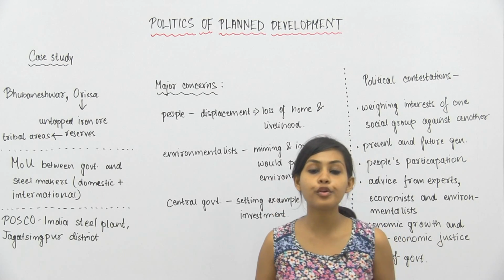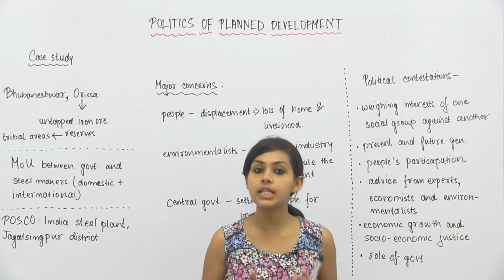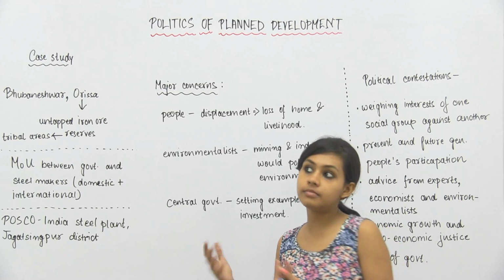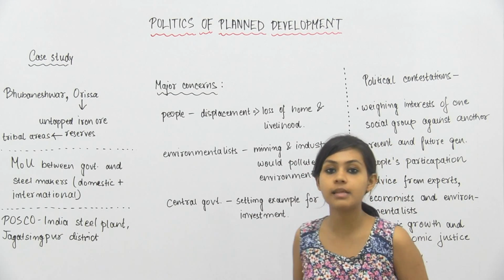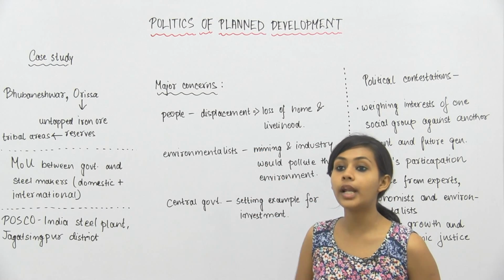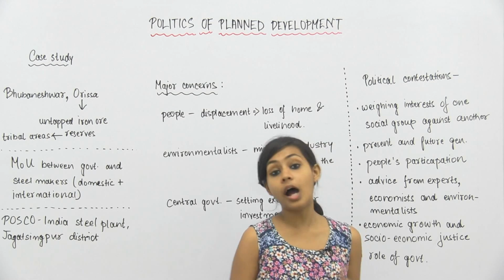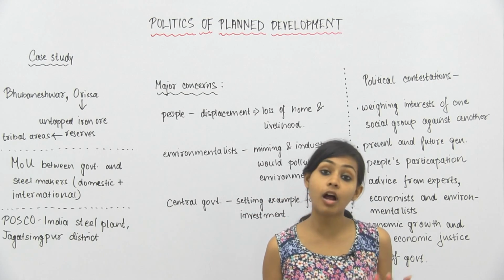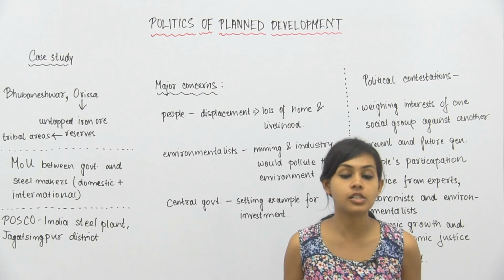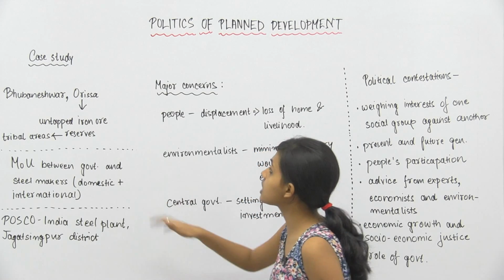The first thing that we're going to be looking at in this chapter is basically a case study of a place in Orissa, which provides us further grounds of discussion about development, as the name suggests. So we'll first look at the case study, we'll discuss it, and we'll see how this case study is important for us in understanding very broad concepts in our country which are related to growth and development and ideas of justice, social and economic justice. So the first thing that we need to do is look at this case study for now.